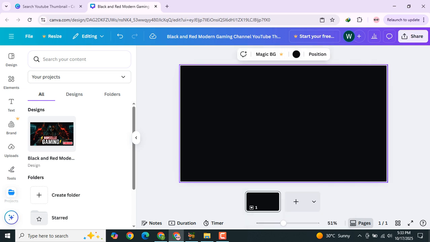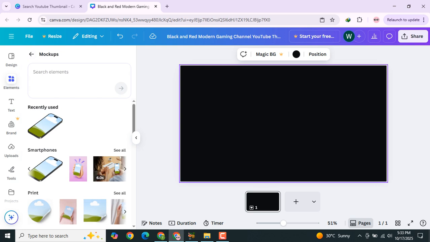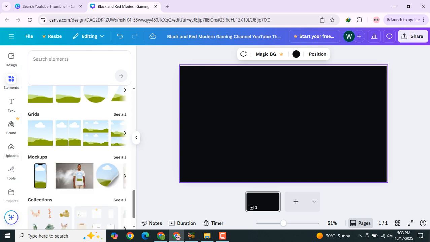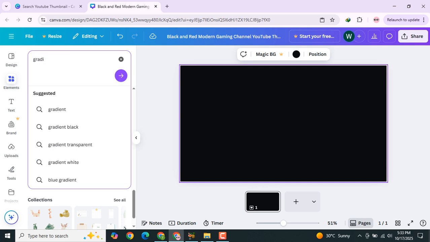So first I think we have to choose our background. So if I click on elements and search gradient yellow,